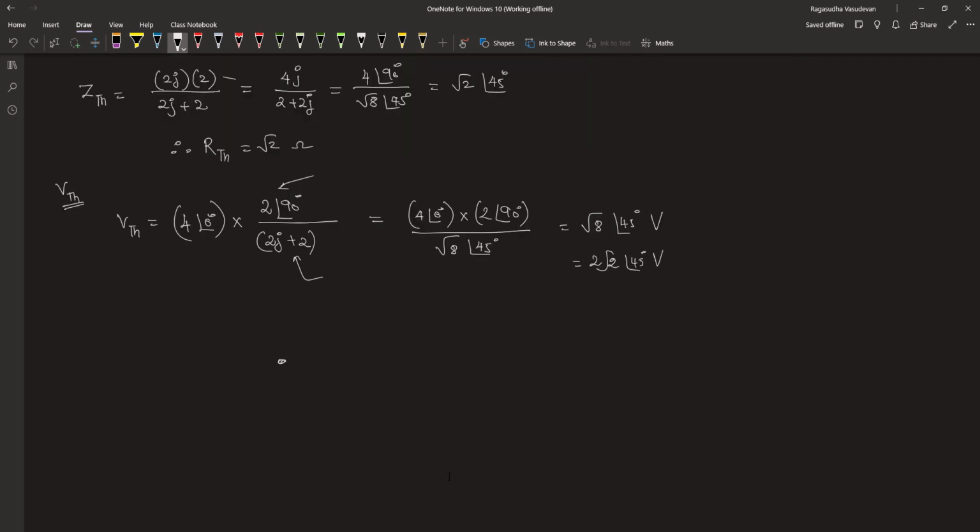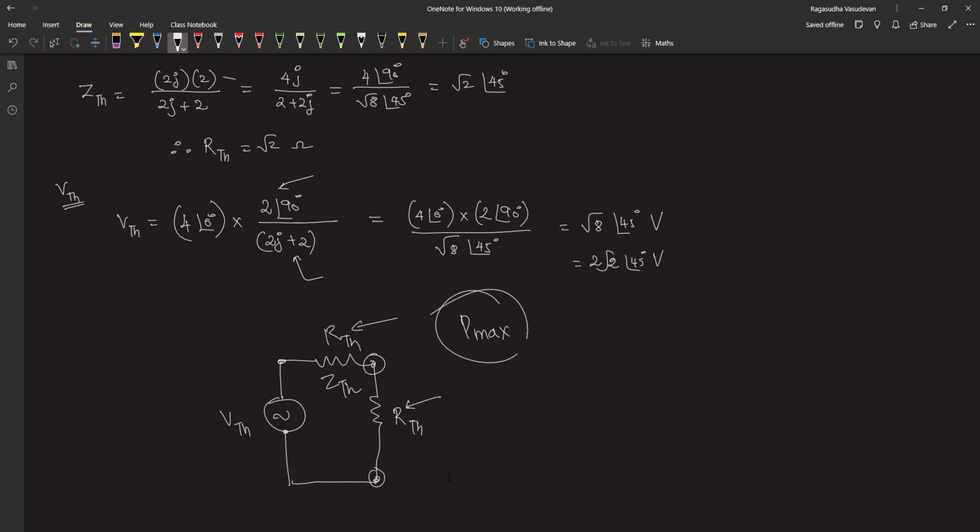In a circuit that is purely resistive with no reactance, when the value of the Thevenin equivalent resistance and the load resistance are the same, then maximum power will be transferred. Under this case, VTh will be shared equally between the two resistors. But in our case, we do have an impedance in the actual circuit, but the load is purely resistive. So only the resistive part can be adjusted to the magnitude of the Thevenin equivalent impedance, so that we get maximum power transferred to the load.